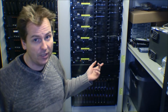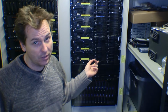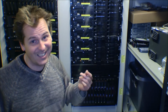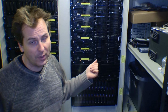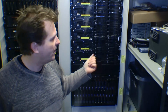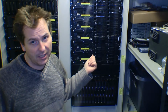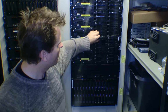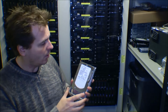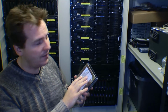But if you need a large amount of data, you can of course still go with SAS or with SSDs, but it gets really expensive. You can go with SAS drives, but that also gets very expensive. And then there are SATA drives, and you can actually run SATA drives in these bays. You can buy SATA drives for the bays, or you can take out old SAS drives and exchange them for